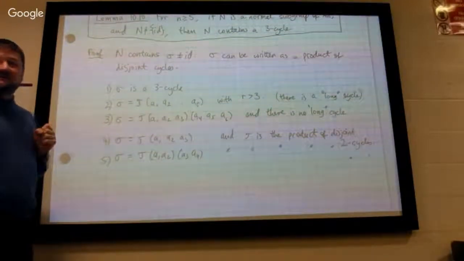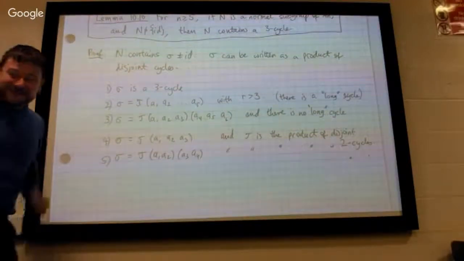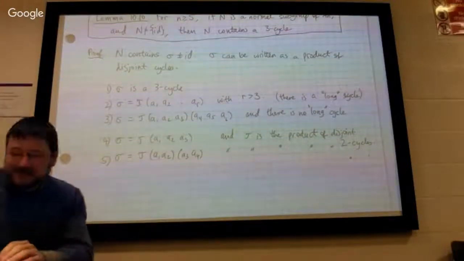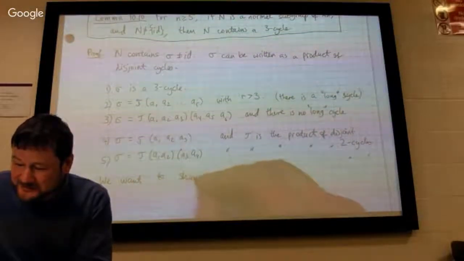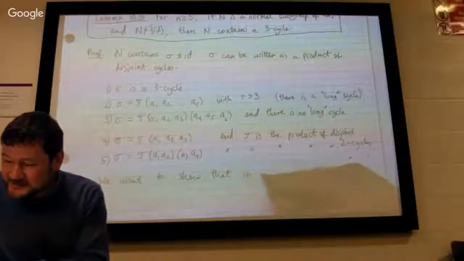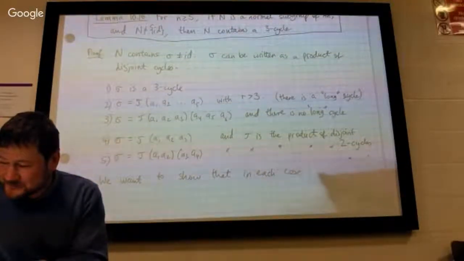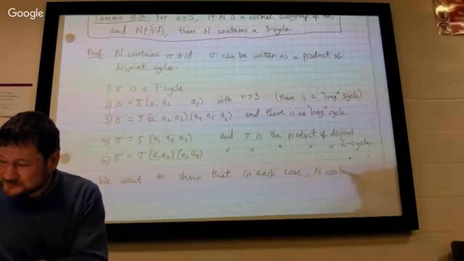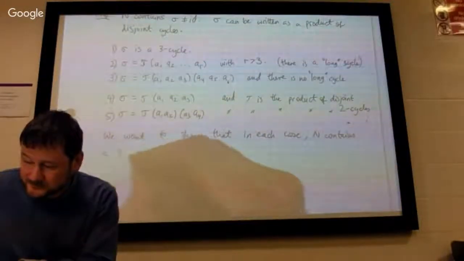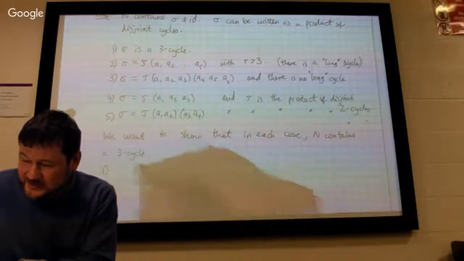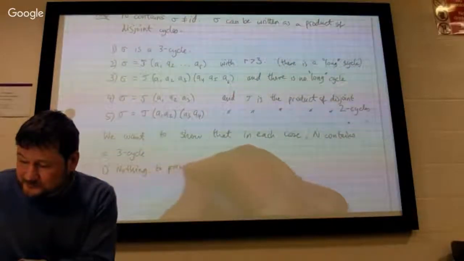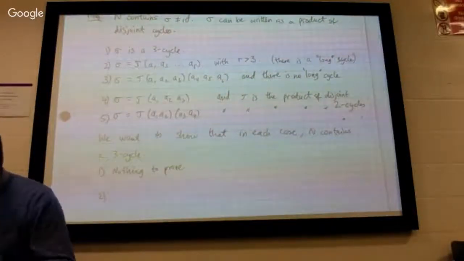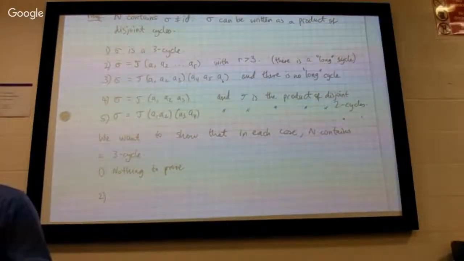We want to show that in each of the cases, N contains a free cycle. One, nothing to prove. Two,